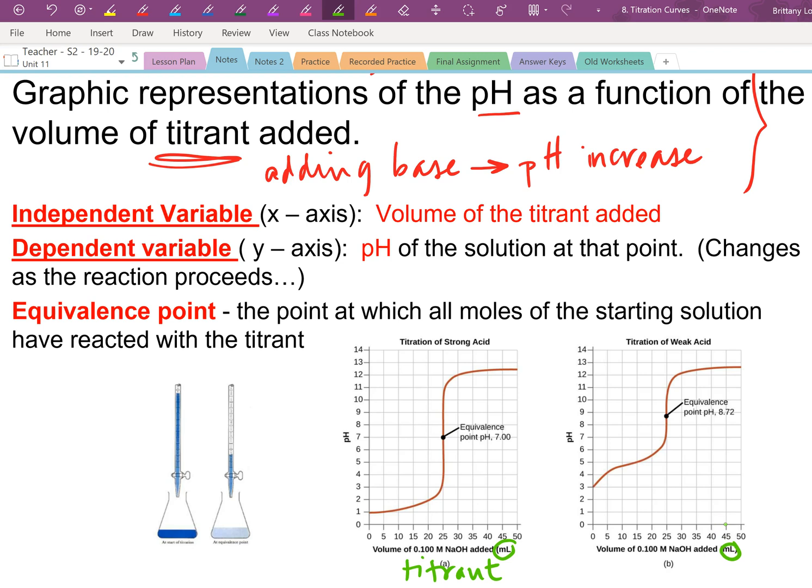Notice that at the beginning of the titration, when there was 0 titrant added, the pH was low. That means that you have an acid in the solution to begin with, and the titrant must be a base, because notice as you add volume, the plot increases. And this here on the y-axis is just the pH that's being measured by the probe. At the equivalence point, the moles of the analyte and the moles of the titrant are equal, and you can spot the equivalence point because it is halfway up the vertical portion